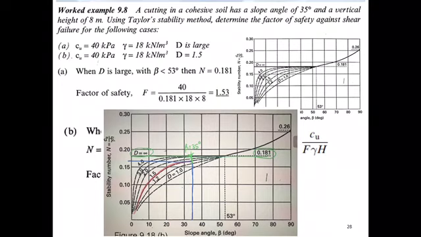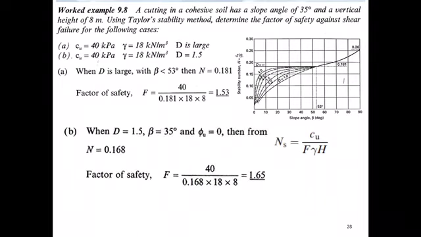So just use the equation, Ns equals Cu over F gamma H. So F equals Cu over Ns gamma H. So this is Cu 40, and Ns is 0.181, times gamma, which is 18, times H, which is 8 meter height. The second one, B, when D is 1.5,